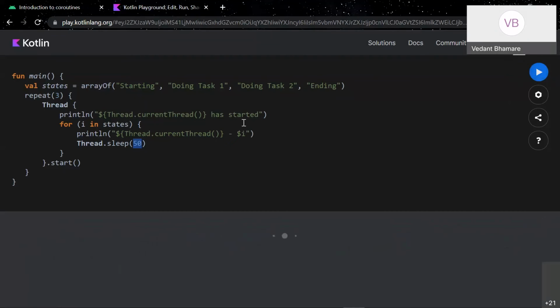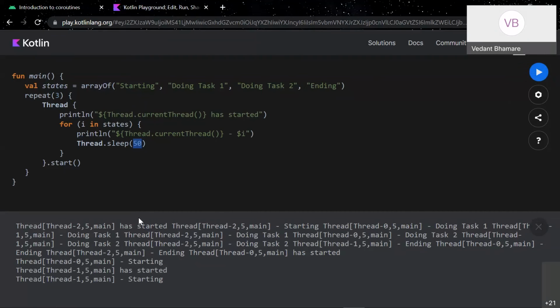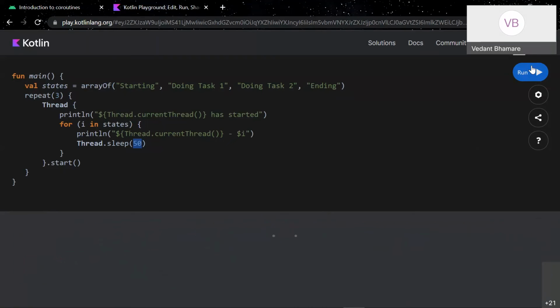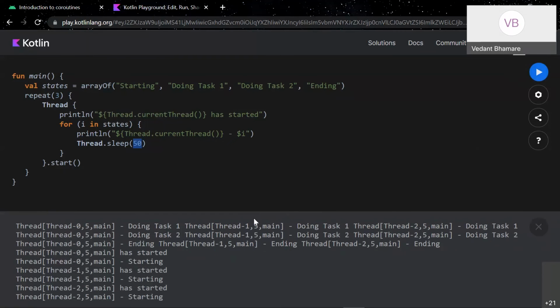And if you run it again, it will change. Now the third thread was initialized first, as you can see, and then the second thread again. It keeps on changing, as you can see.